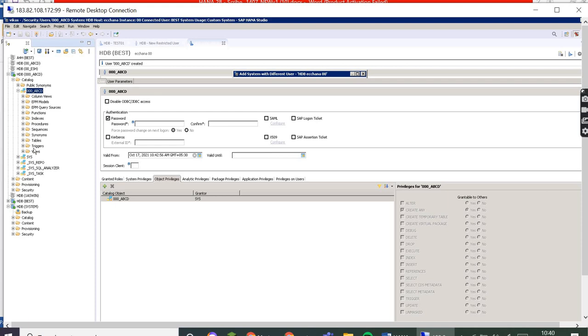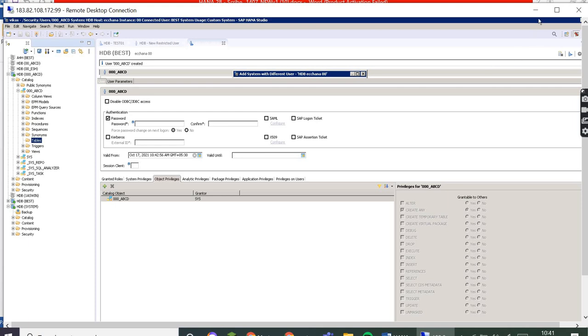Okay, so I think this user doesn't have the access for this schema. So what we have to do is, if we give the grant table access to this sys user or the best user, then we are able to see that specific schema for the user. Is this clear to everyone? Whenever we are creating any user, by default one schema gets created. The objects are empty right now because the user hasn't created any table, so we don't find any table under this schema.